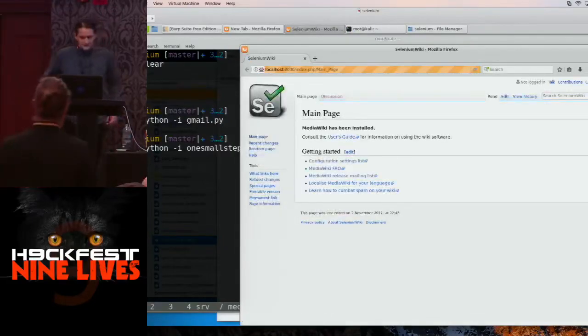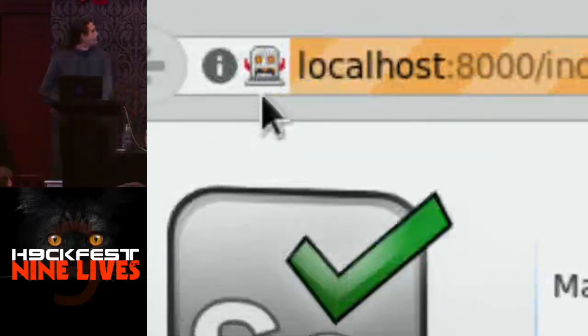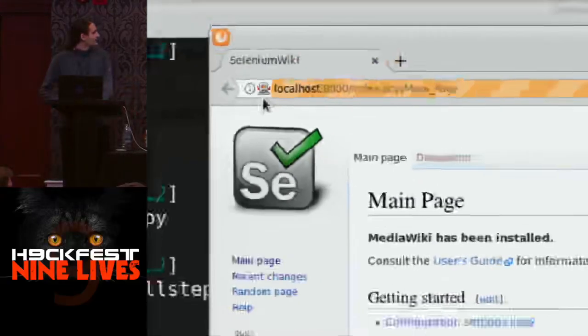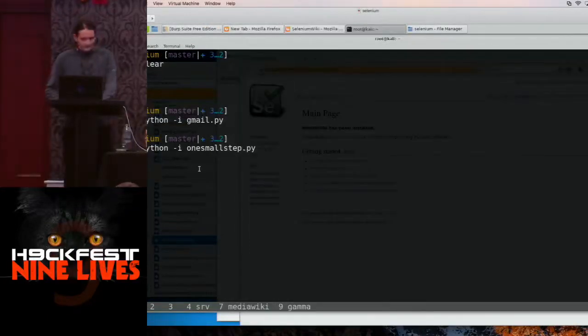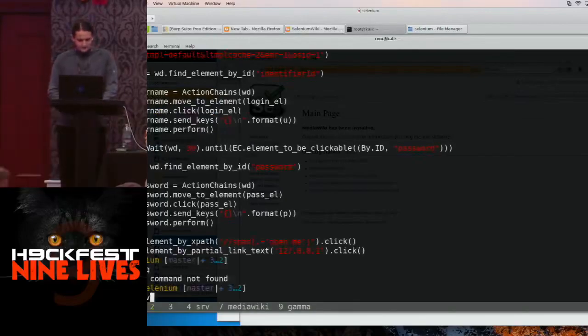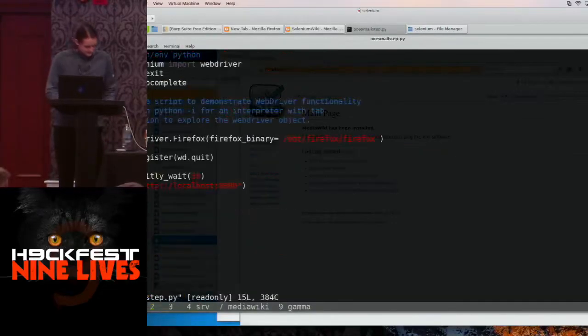Here we are in the wiki. Notice a couple of things here. We have a little robot icon indicating, obviously, that our browser session is under remote control. And we have the Python prompt here. Now we can click away from there. And if you look at onesmallstep.py,